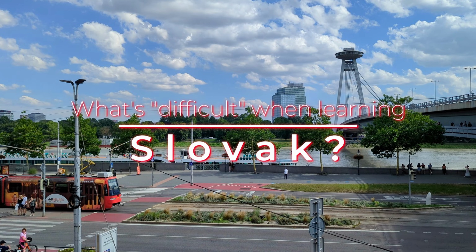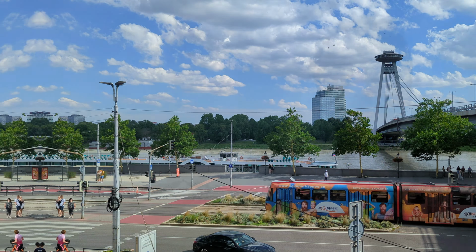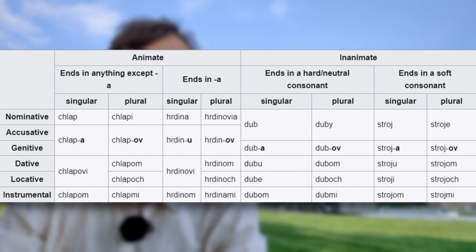Okay, now to get on with what is difficult when learning the Slovak language, because this is what a lot of people online are saying. They're saying, oh, Slovak is such a difficult language, and yes, it is difficult, but it's not the most difficult language to learn, in my opinion. I mean, it's a challenge, yes, and it's going to take time. But is it the most difficult language? I wouldn't say so, but what makes it difficult to master is the grammar, because there are a lot of grammar rules,